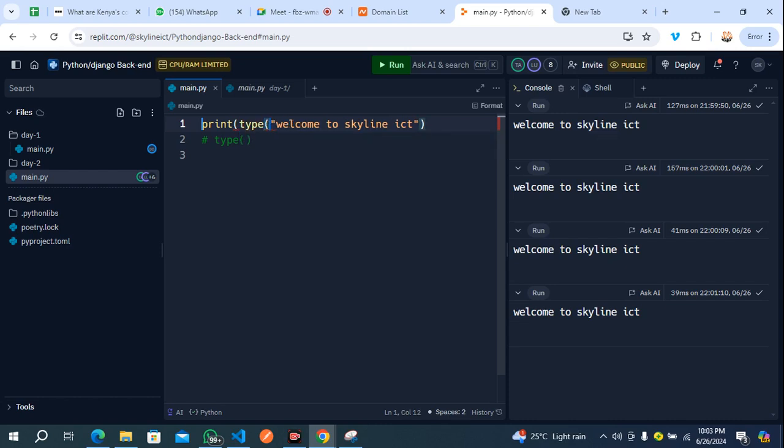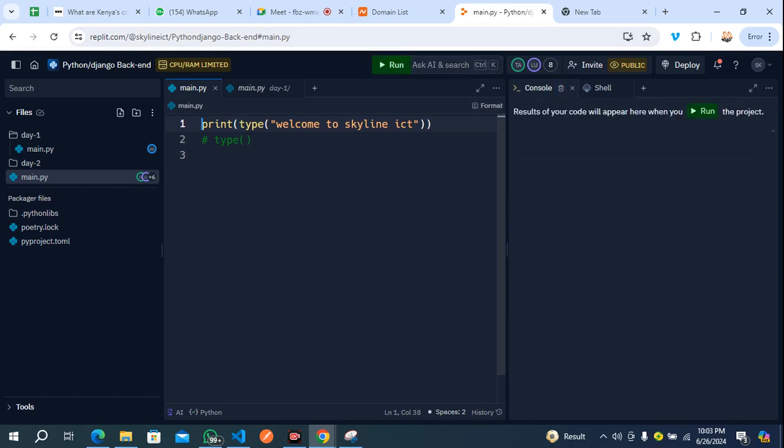Inside this, we wrap this inside the parentheses. Then let me clear this. The minute I clear this and I run this code, you notice that we have a type of string.